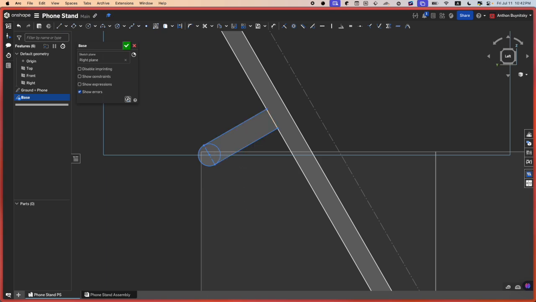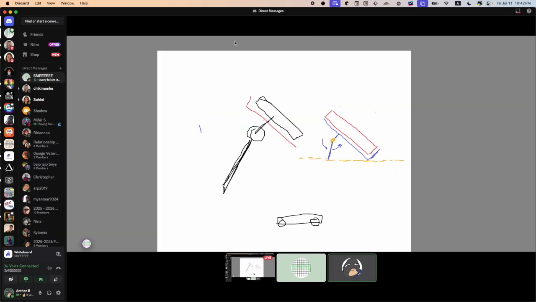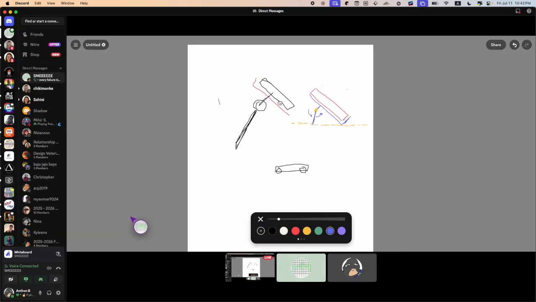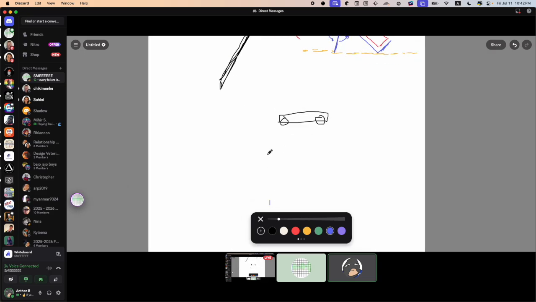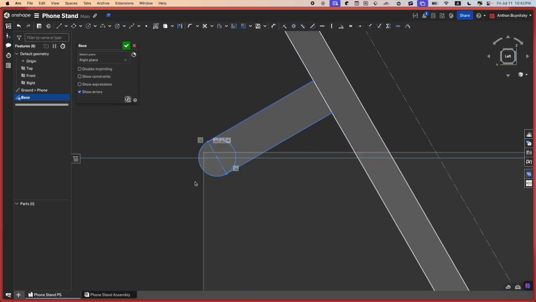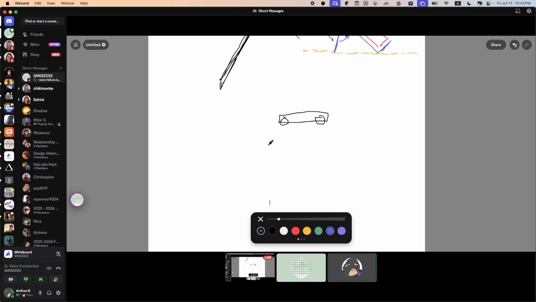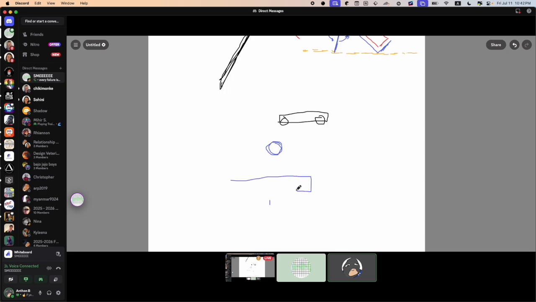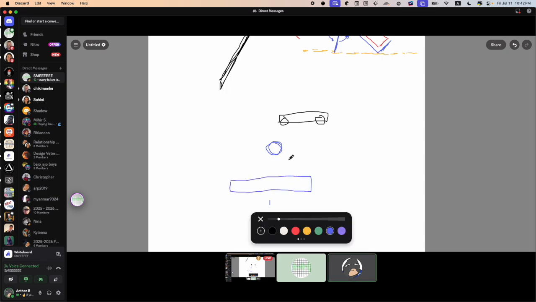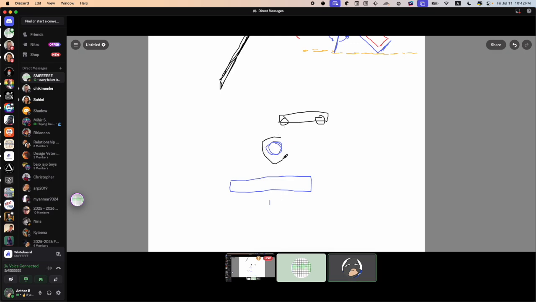For the pivot point, going back to the whiteboard, my idea is something like this. From the side view, going back to Onshape, you see that I included a little circle over here. This is because I do not want the pivot point to be locking. I want it to be free. So let's just pretend that this is the circle that you saw from the side. From the front view, it will actually just be kind of like a bar going across. And then I kind of want to make a sleeve that goes on top of it, kind of like that,